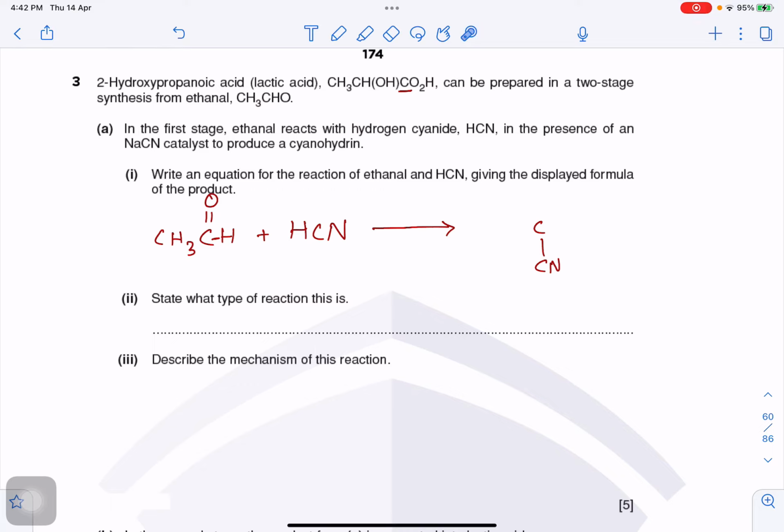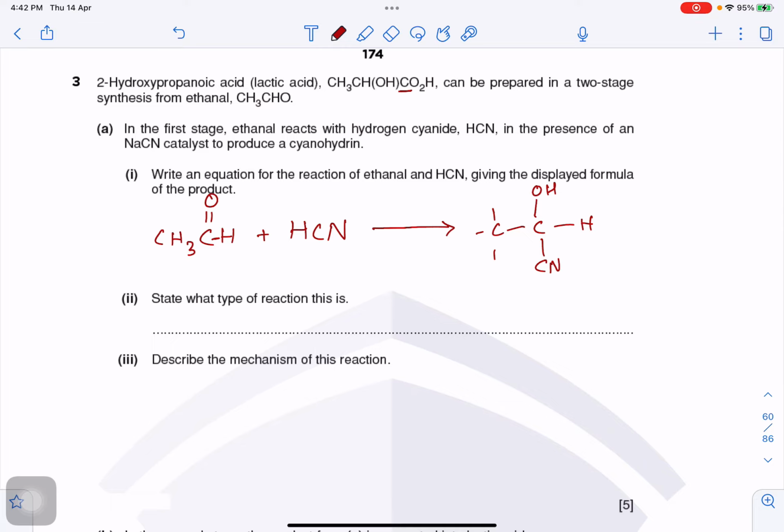And now the oxygen will get the electrons and get a negative charge. Now H+ will be attacked by that oxygen and it will become OH. So that's what we get here. And of course on this side you still have hydrogen and on this side you still have CH3. Okay, that's the first step of the process. Of course this is not the final step because this cyanide must give way to make carboxylic acid, which is basically going to happen through hydrolysis.